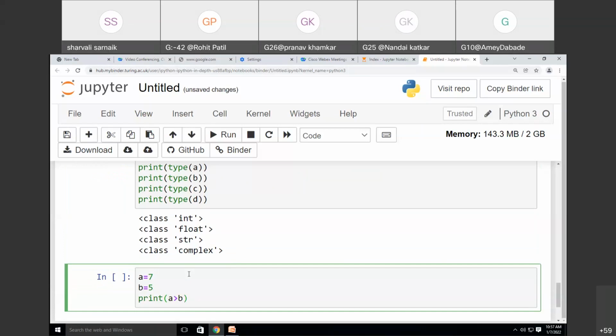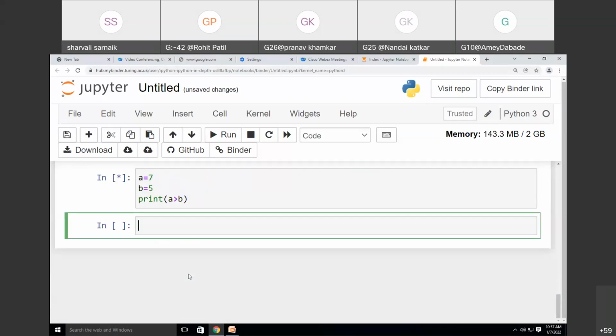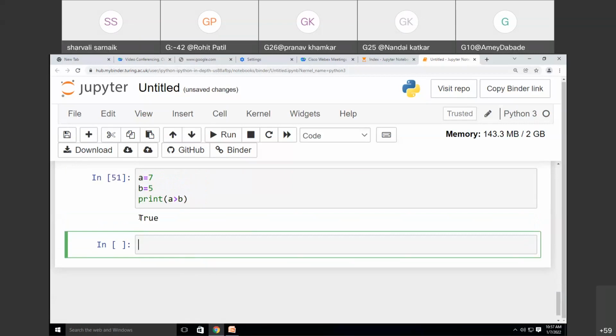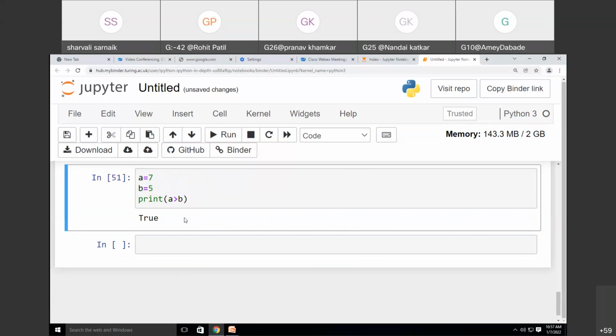Now see whether a is greater than b. If you observe these values, a is equal to 7 and b is equal to 5, then yes, a is greater than b. So when I run this code, it is giving me a Boolean value that is true. It is giving me true because yes, 7 is really greater than 5.